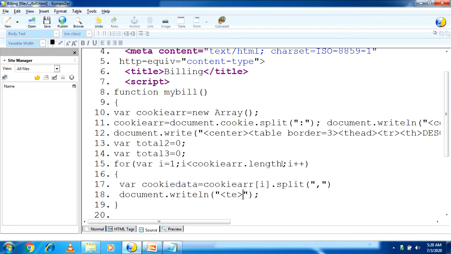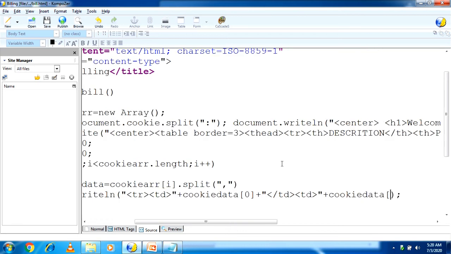So in tr, table row, you are writing here td, double quote open, plus cookieData[0], plus, again td tag close and second td is open and again double quote, plus cookieData[1],